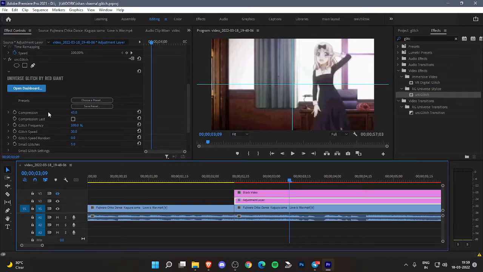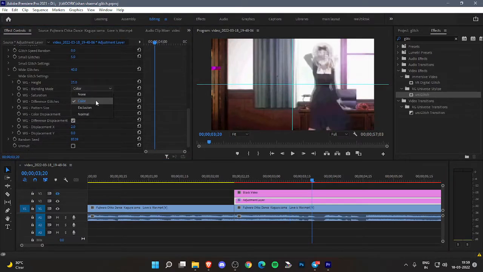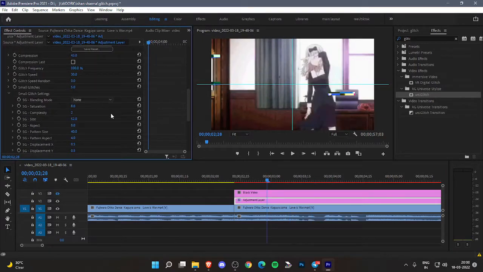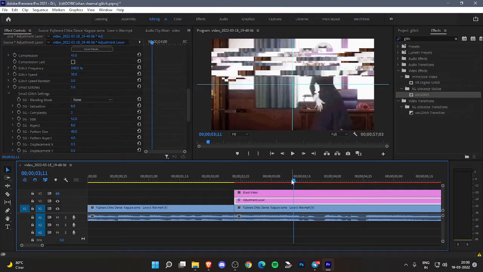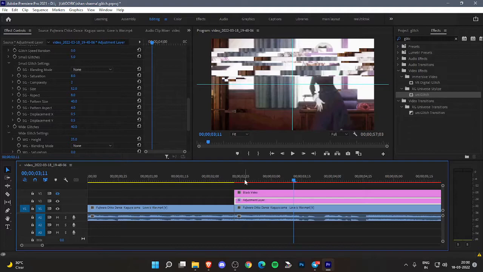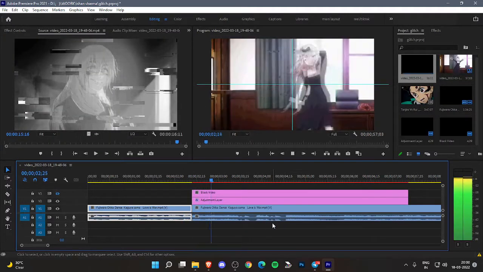So basically this plugin is a paid one, but if you run your brain enough, you know what I mean. Yeah, color none, small glitch, no color, and now here we have zero color. Okay, so you have already made the glitch,